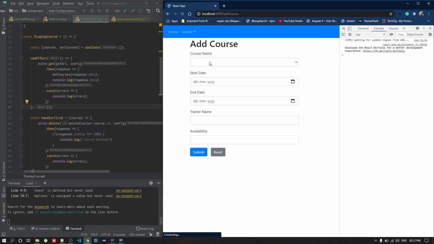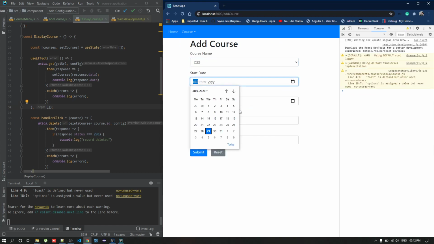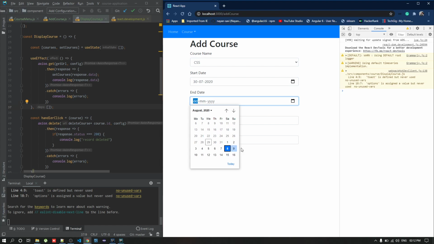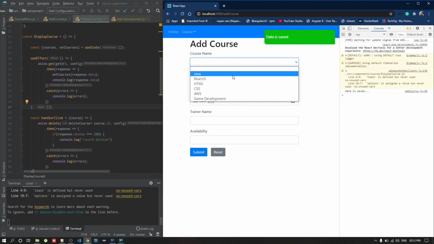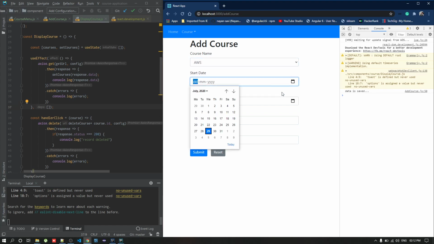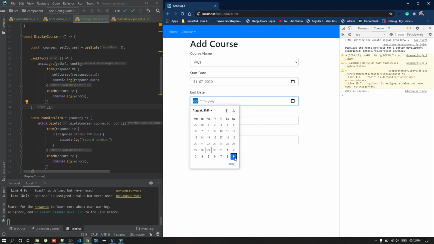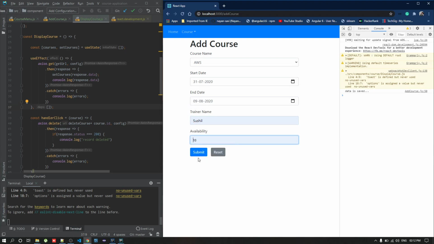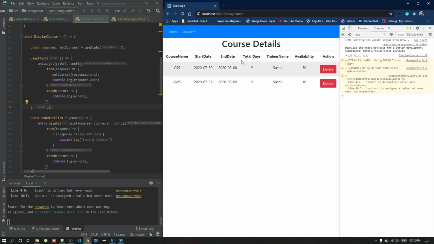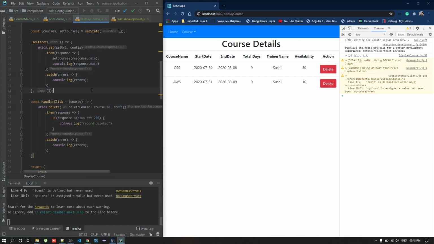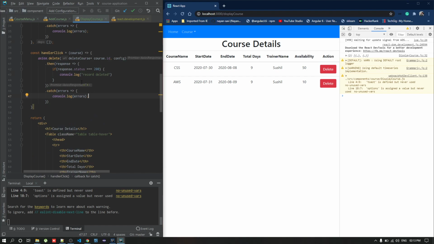Let me add two more records. Yeah, two data we have saved. So in order to avoid keeping on calling this get URL, we added the dependency here.